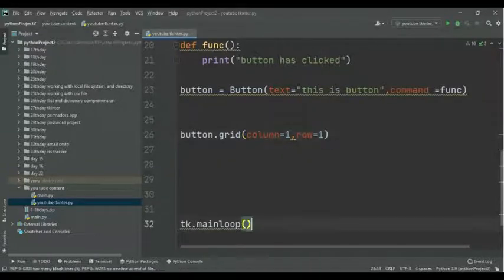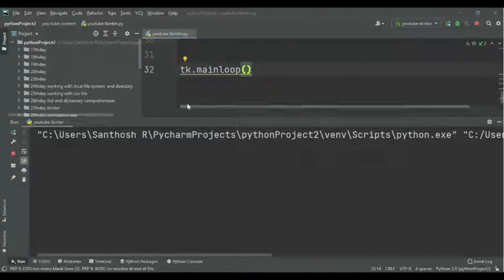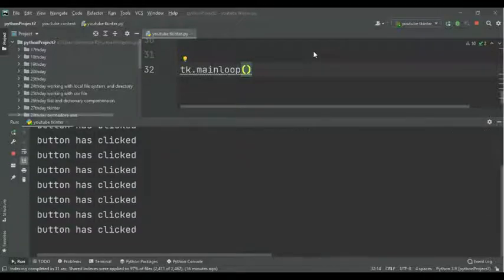If you run the program now on your computer, I run it on my computer, but the output screen is not coming here. Anyway, see the console. If I now click the button, you can see the output in the console that the button has been clicked. See, button has clicked. It was printing that because I was clicking the button. You can't see this, but I can see this, and you can see the console here: button has clicked.